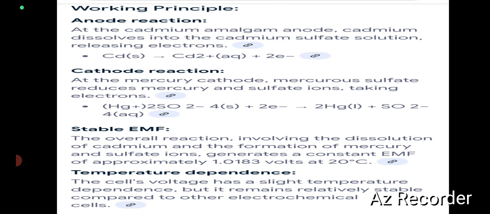Stable EMF. The overall reaction involving the dissolution of cadmium and the formation of mercury and sulfate ions generates a constant EMF of approximately 1.0183 volts at 20 degrees Celsius. Temperature dependence. The cell's voltage has a slight temperature dependence, but it remains relatively stable compared to other electrochemical